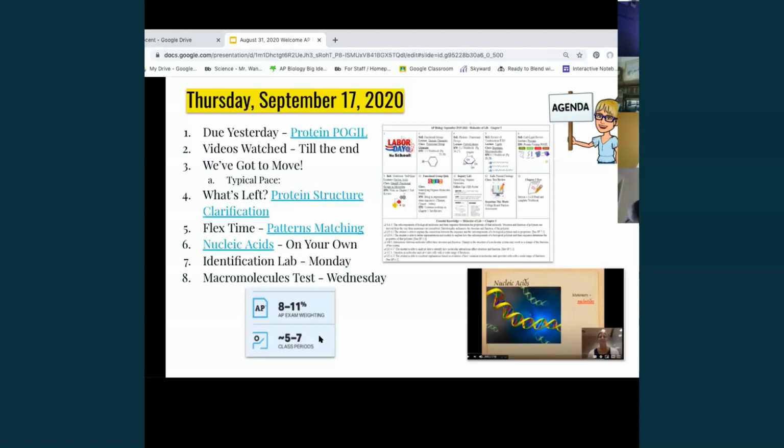So today I wanted to talk about protein structure. So I just want to clarify the thing. Hopefully you watched the lecture, and I think protein folding is the most difficult part. So I'm going to talk about protein folding, and I meant to have some manipulatives. In the flex time, you're going to do a pattern matching. It's a PowerPoint, and you're going to manipulate. So you're going to move things to the right categories, and that's going to be all 4 macromolecules,